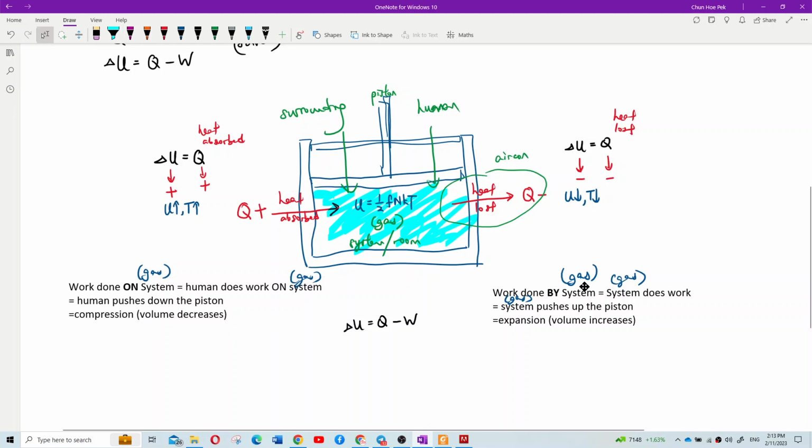Human pushes down the piston, but gas pushes up the piston. When gas pushes up the piston,